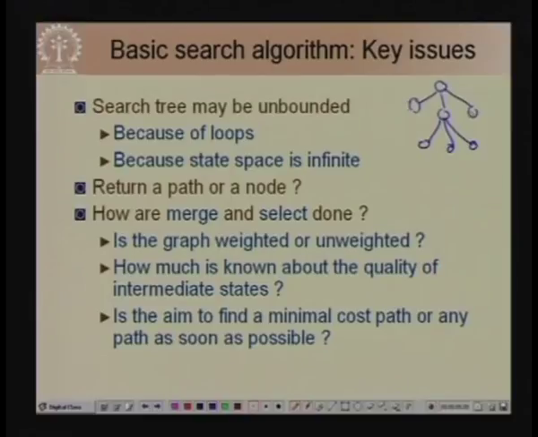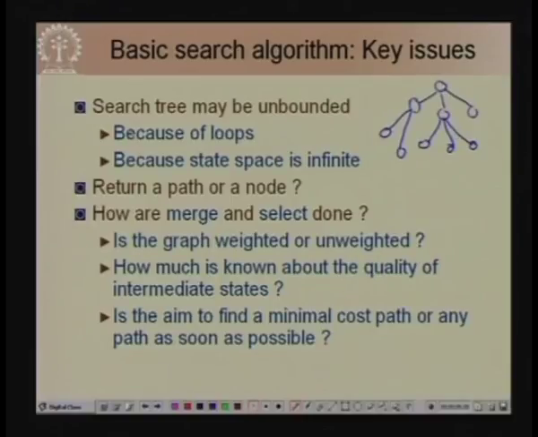So, here there are 5 nodes in the fringe. The search strategy will determine which of these 5 nodes I will expand next. Suppose we decide to expand this node, then we generate the successors and place them in the fringe. Now, we have to decide which of these 6 nodes we will expand.